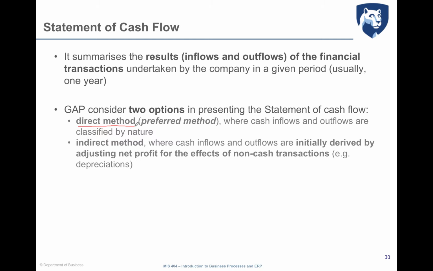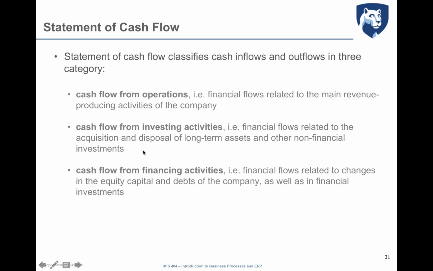positive and negative, grouping them by nature, or the indirect method, which instead starts from the net profit and adjusts the value of the net profit, switching from the economic perspective to the financial perspective, so adding and subtracting items that are related to the financial perspective but not related to the economic perspective. Let's see an example also for this case. But before doing that, let's summarize that